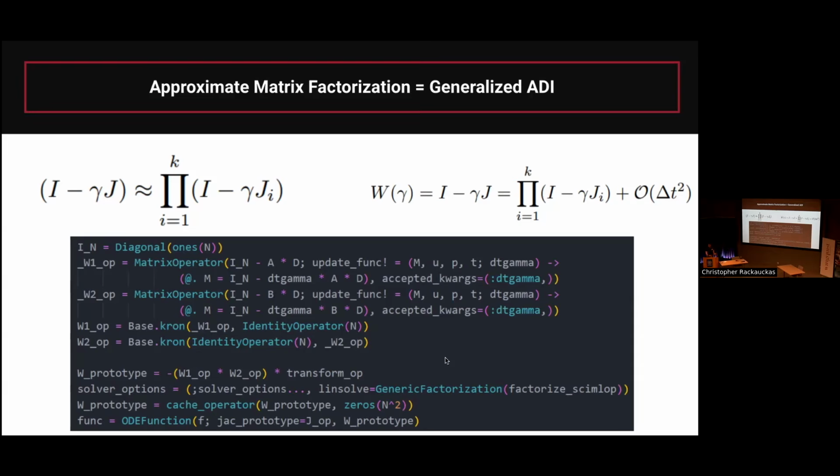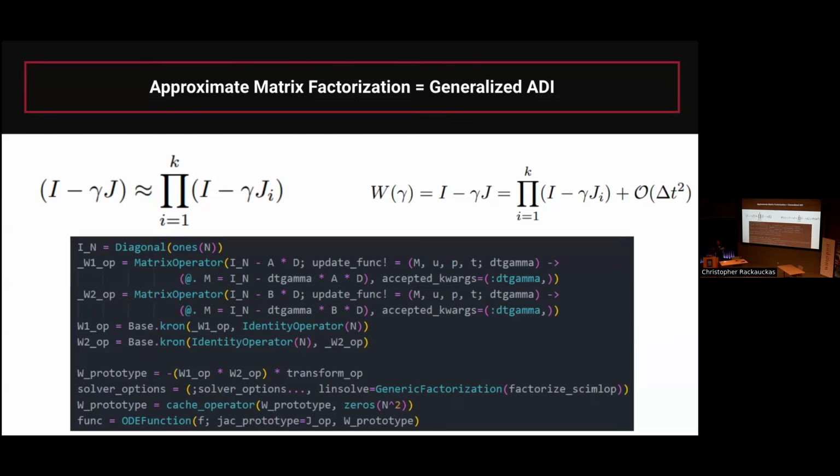Well, it turns out that the ADI method is just this approximate matrix factorization where you choose your Jacobian split to be the terms with respect to the del x operator versus the other term being all the operations with respect to the del y operator, right? So you split in the same way. You just tell the ODE solver, hey, this is the part of the Jacobian that's with term 1. Here's the part with term 2. And if you call the trapezoid method on that, you get exactly the same thing as what people call the